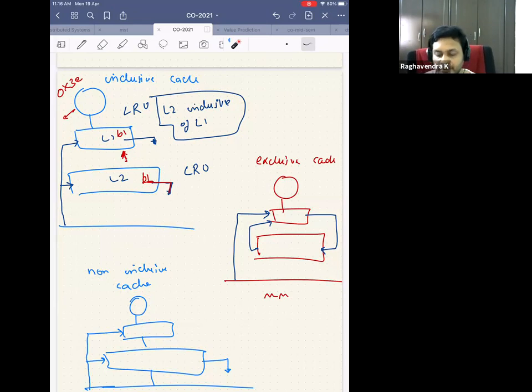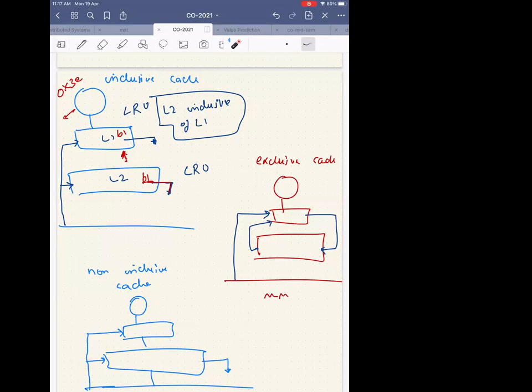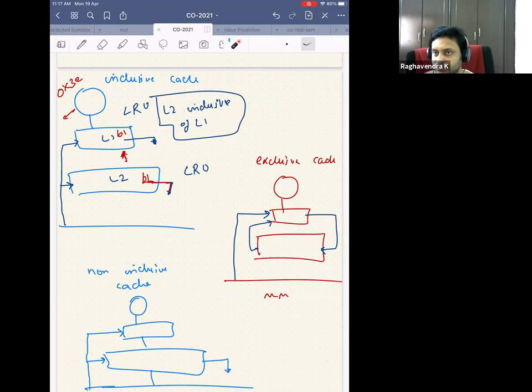The reason is very simple: you are utilizing the cache capacity in the best possible way because you are not duplicating any entry. If you look at it, why do you want to duplicate the entry, right? So can anybody give me a reason why I would want to have an inclusive cache, or forget about non-inclusive, why would you want to have an inclusive cache? So it may be due to some data correction. No, right? What kind of data correction?